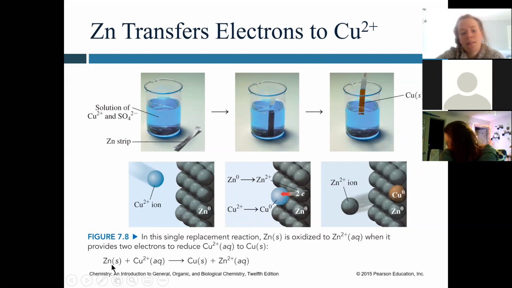So in this case, I can see that I have a zinc with, what is my charge here? Its overall charge is 0. On the other side, its overall charge is 2+. That means that it has lost 2 electrons. Okay, when we lose electrons, you can have LEO the lion goes GER, or OIL RIG. Loss of electrons is reduced. So the zinc is being reduced here. In this case, we've got,